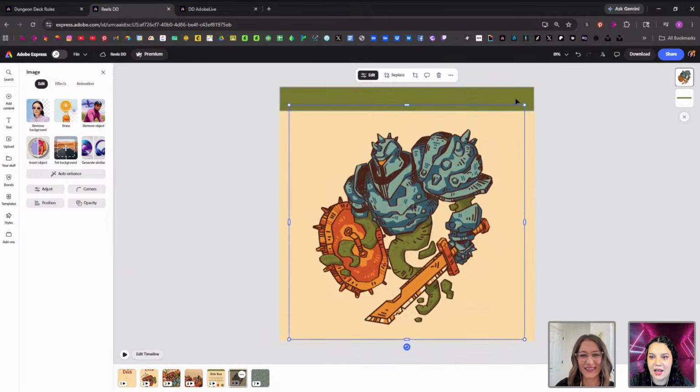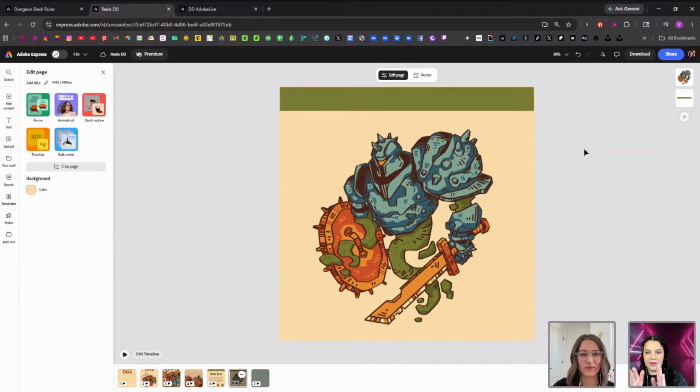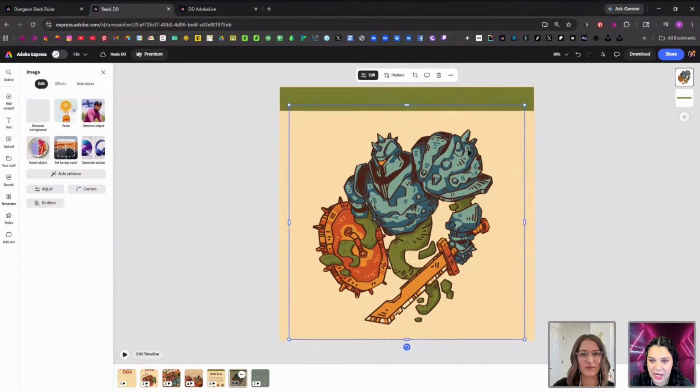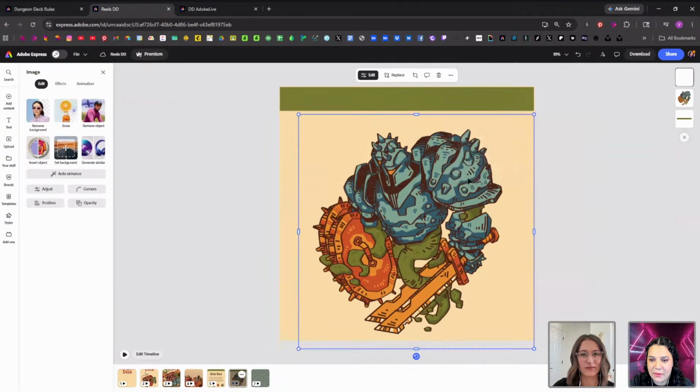So something that I love to do is I like to hack my illustrations apart in order to add elements for animating. And what I mean by that is I'm going to do some crop magic with this to add more life than I actually have available to me, make more elements than I actually have available to me. So we have our subject here in the center, and what I'm going to do immediately is duplicate him and make sure that he's lined up.